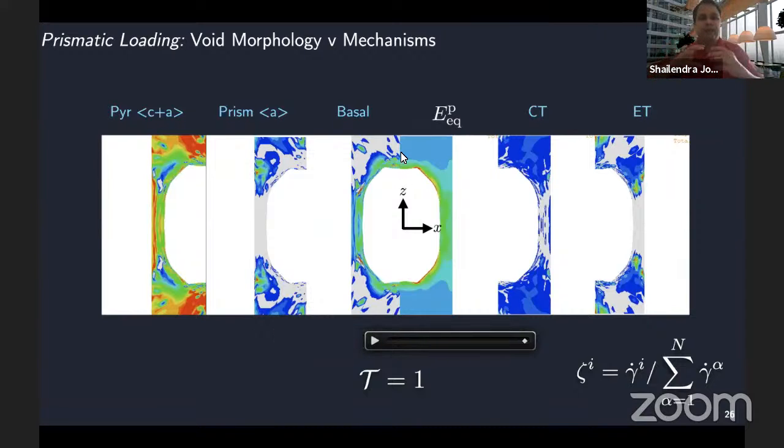You're seeing the voids preferring to coalesce in a particular direction with their neighbors compared to the voids along the other axis. So there's potentially a significant anisotropy in the fracture process as well. We don't take it all the way to fracture because our computational model doesn't have the capability to model fracture, but you can imagine that the ligament is going to completely thin down, and then the voids are going to coalesce in a given direction.